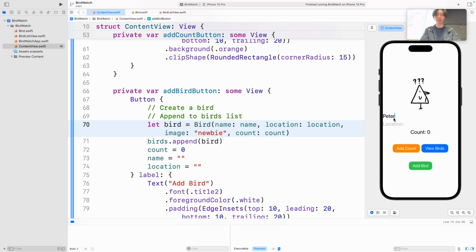So I'm going to add Peter here. He is from New York. Let me increment count, say 4. If I hit add bird, you can see that whenever I change these properties, these views get updated automatically because I have that @State property wrapper to it. So now if I click view birds,